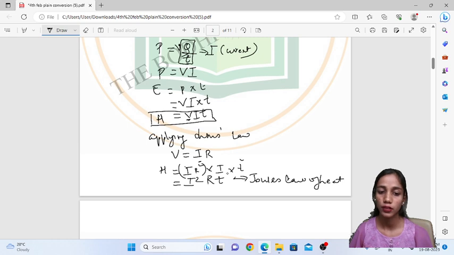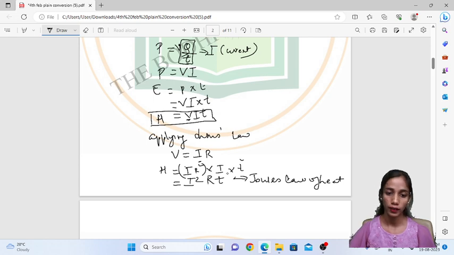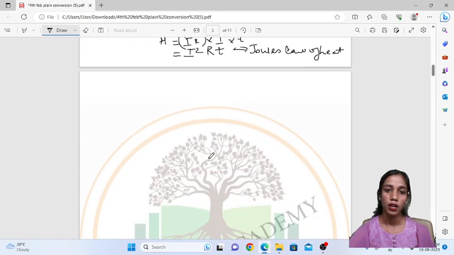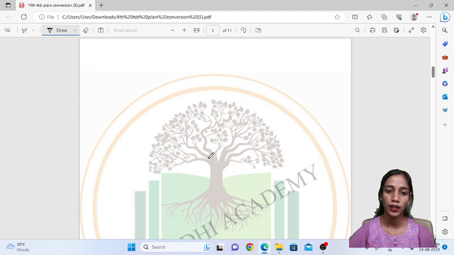It means that if these three concepts are increasing, the heat will increase. It is directly proportional to the square of the current, and also proportional to the resistance and the time. It depends on the current, resistance and the time. This is about Joule's law of heating. Now we will go to the practical applications of heat.